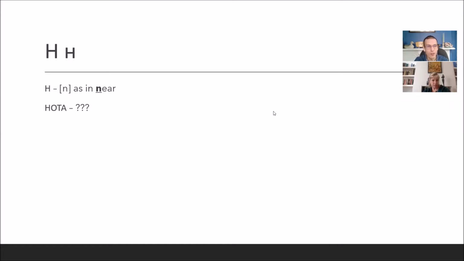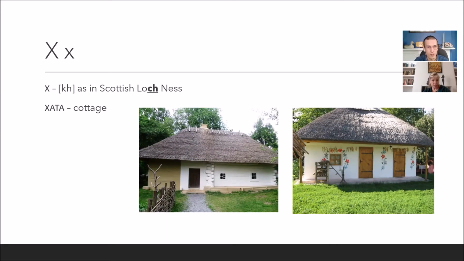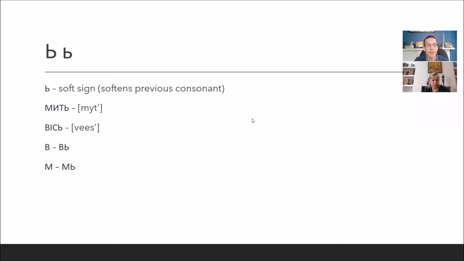Good. Now there is a soft sign. It looks like English B, but it does not exist in English, so it is hard to explain. Basically, it softens the previous consonant. For example, there is the word myć. You can see t and miakyi znak, the soft sign,